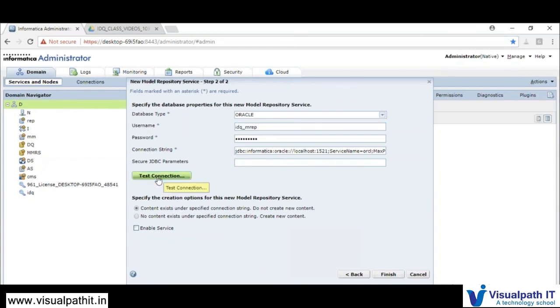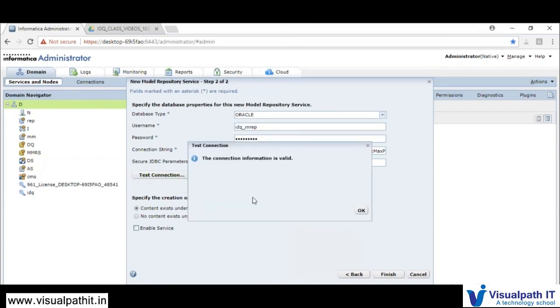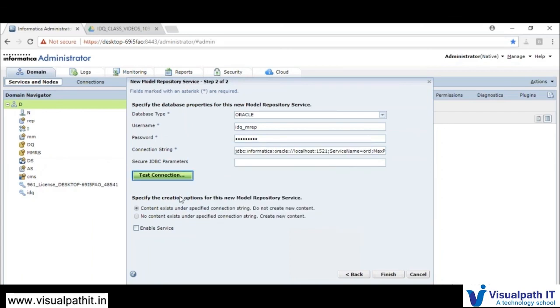Once we have provided the details, test the connection, and here you need to specify the creation options. Whenever you are going with a fresh installation, you have to select no content exists.